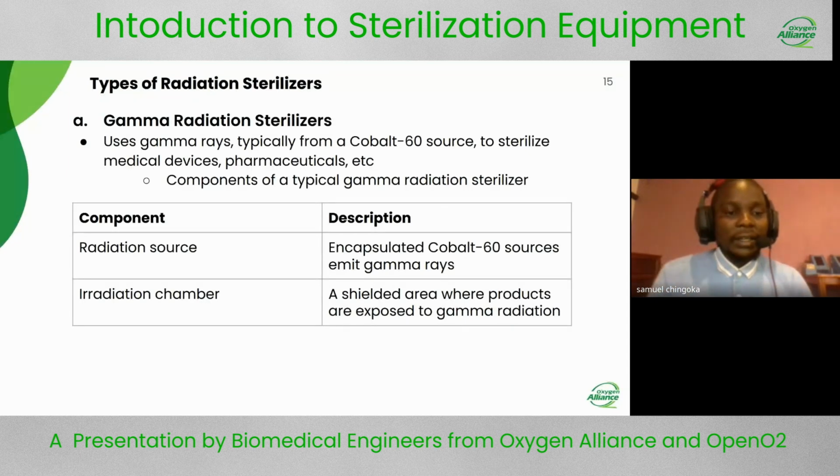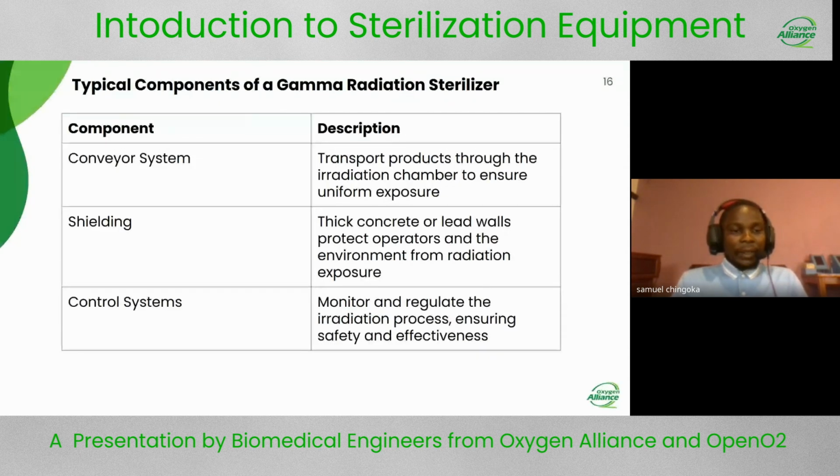So under gamma radiation sterilizers, we have the radiation source. This is basically enclosed cobalt 60 sources which emit these gamma rays. We have the radiation chamber. It's just a protected area where products are exposed, so they are passed under this irradiation chamber so that they are sterilized. We also have a conveyor system that is on a larger scale, which transports products through the irradiation chamber to ensure that there's uniformity